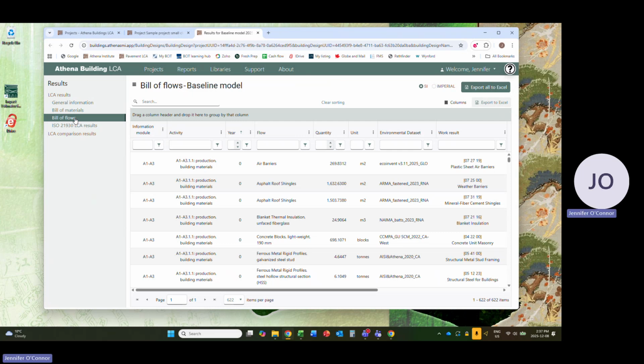Okay, so what's going on in the bill of flows? Well, these are your full life cycle quantities of your materials and energy. So what you'll have here is construction waste, so a certain amount of material quantity and waste. You'll have things like transportation fuels and end-of-life processes and all that. All right, so let's look at